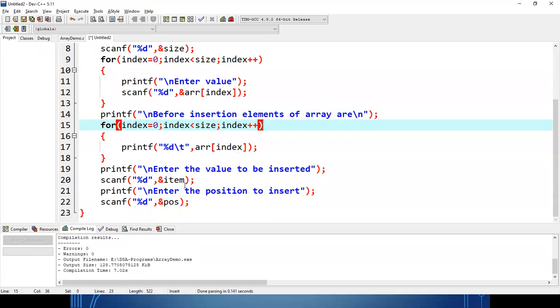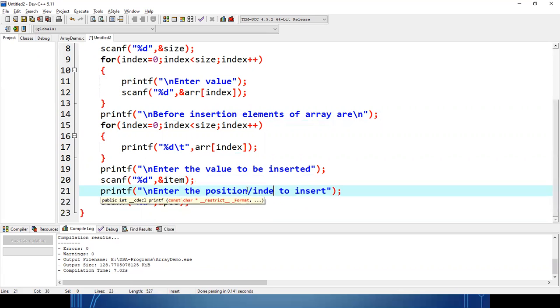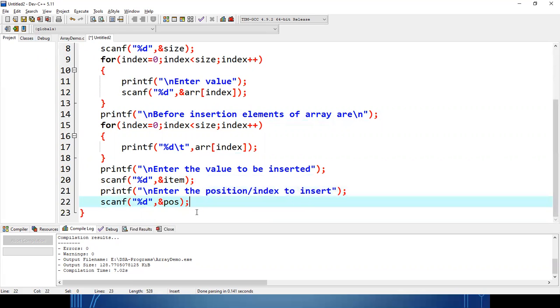After that, you are asking the user what actually you want to insert, the new element you want to add. Suppose the user is providing the input. Clear? After that, again we are asking at which position or index. So you can give here one message: enter the position or index to insert. Clear? So that the user who will operate the code can understand easily.